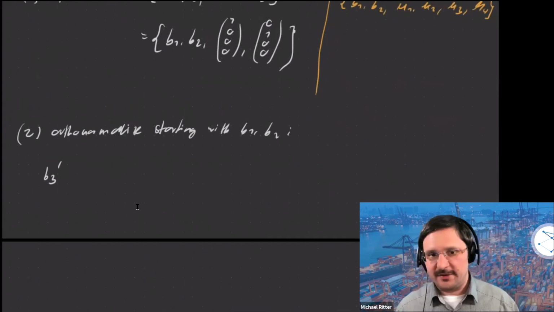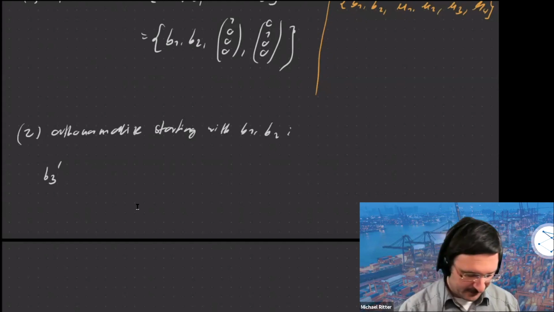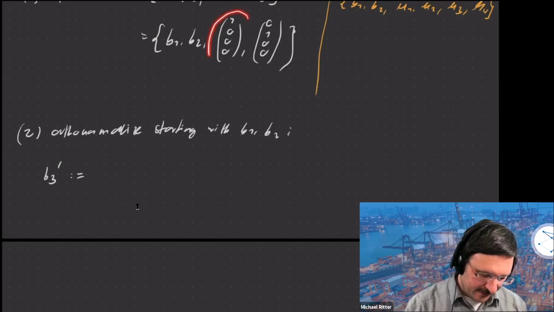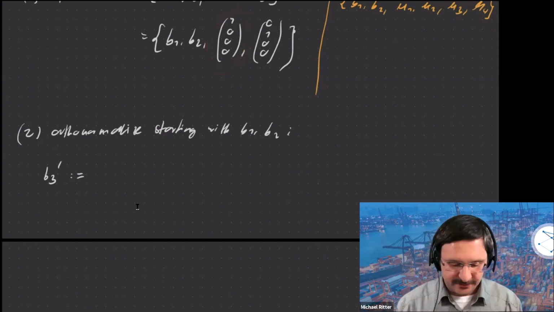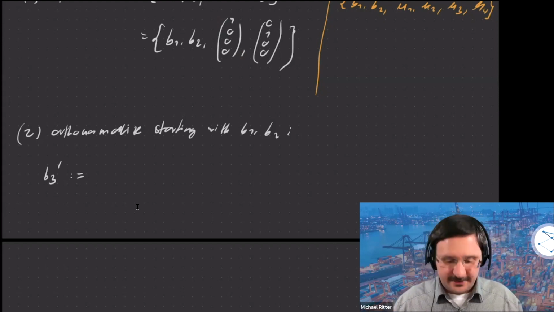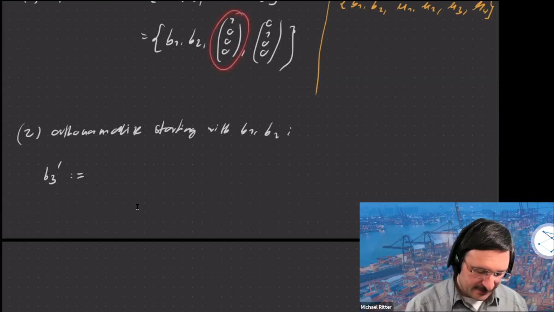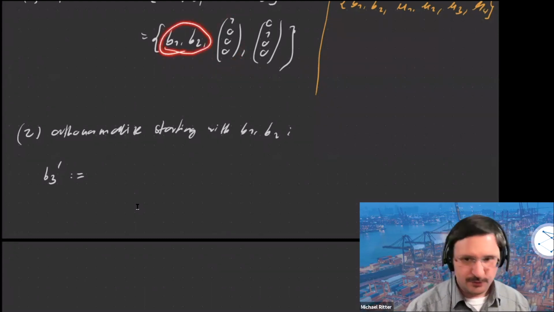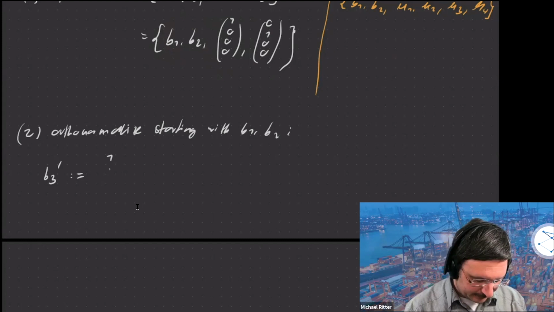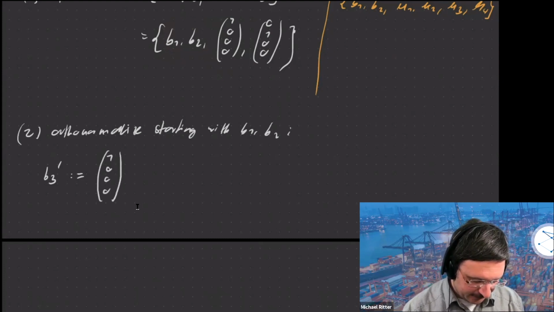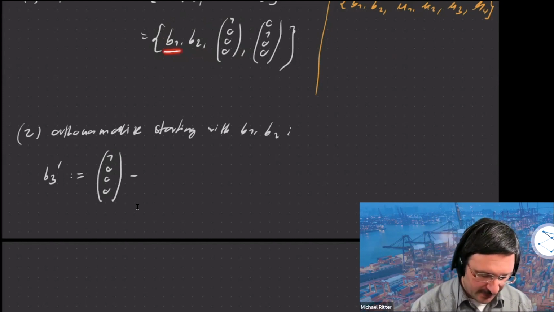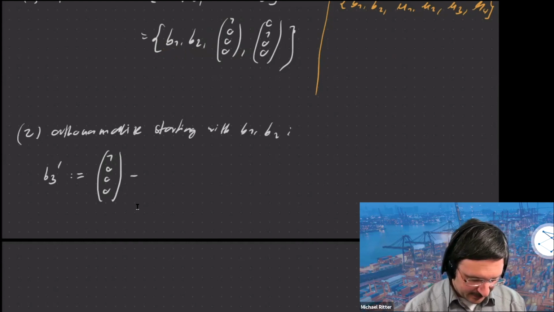And as before, we start with B3 prime and then normalize. And B3 prime, this is the vector that we get from this first extension here, 1, 0, 0, 0. So we again want to compute the part of this vector that is orthogonal to now the span of these two, to U. Okay, so what we do is we take this vector and then we subtract the part that is parallel to B1, and that part is